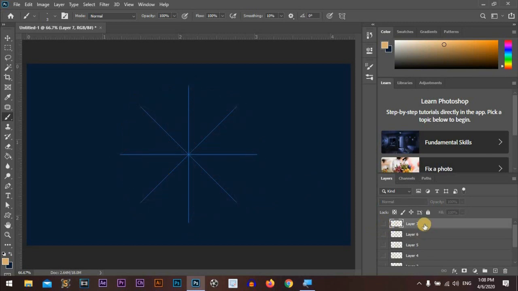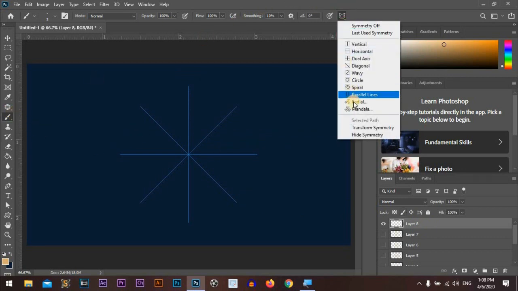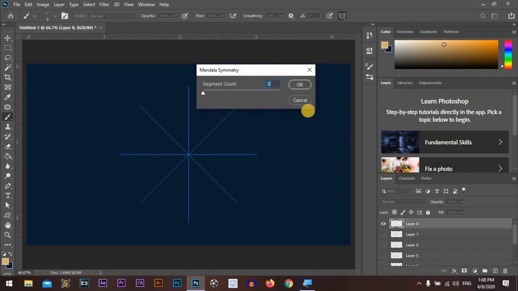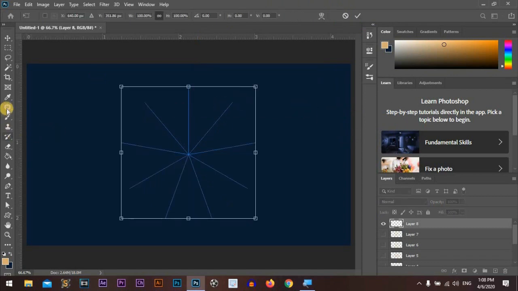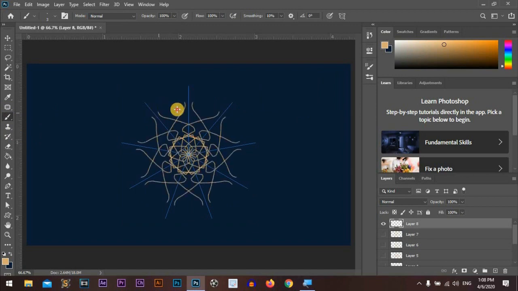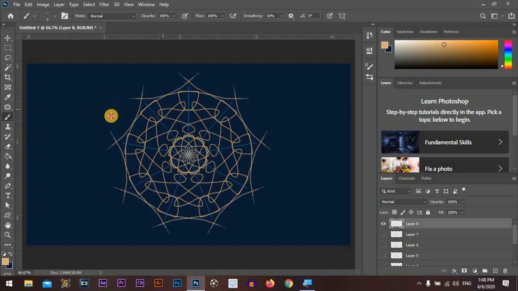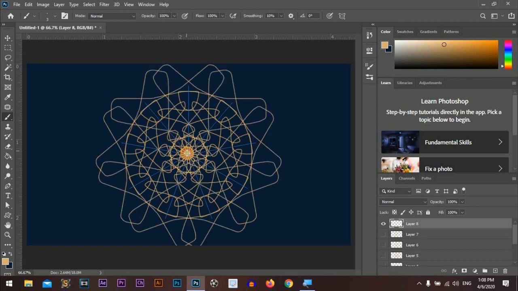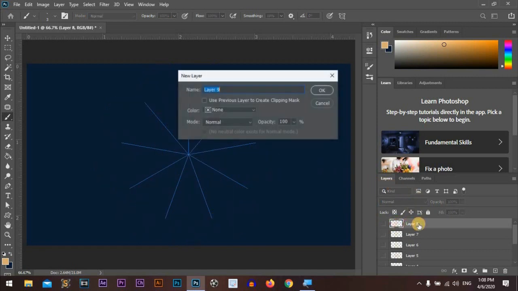Okay, let's make a new layer and choose from the brush, choose mandala, and go with 9. Okay, let's start. That's great. Great job. Wow. Okay, let's make the last layer,